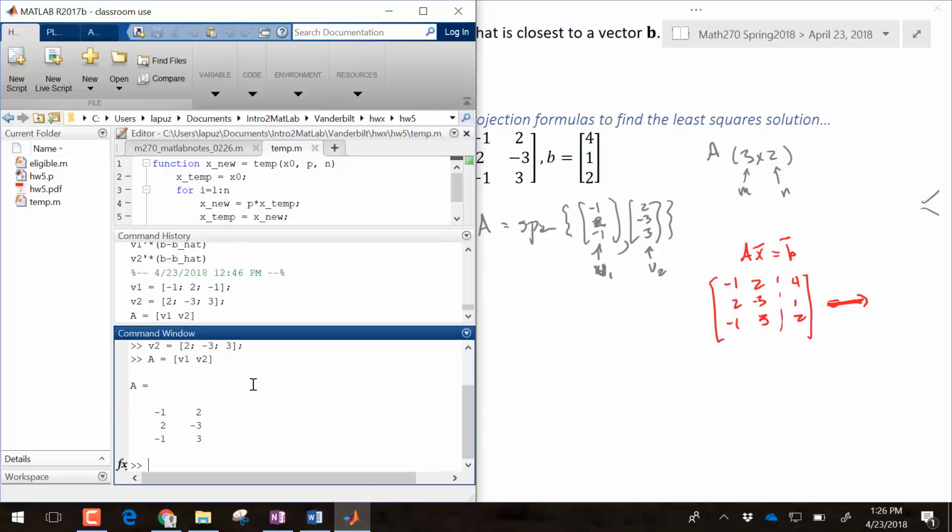Okay, that turned out right. And B is going to be 4, 1, 2. So if we want to augment this and row reduce,